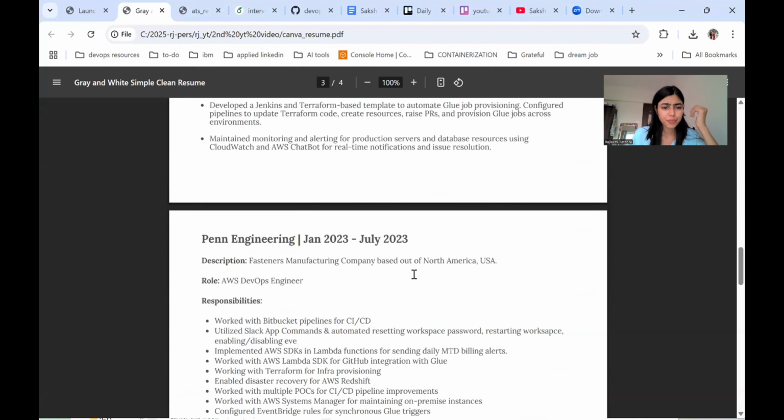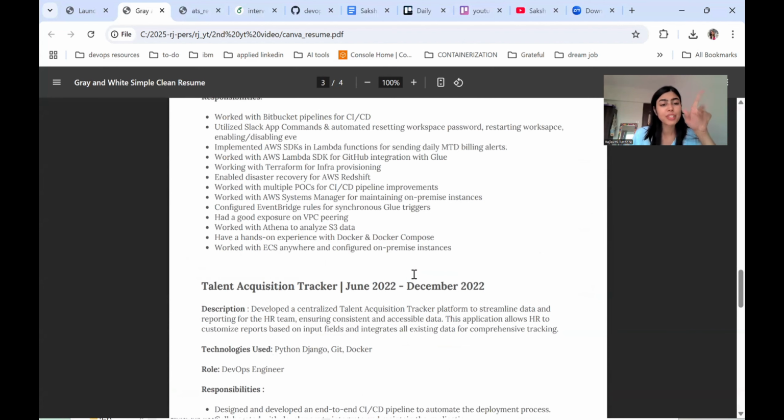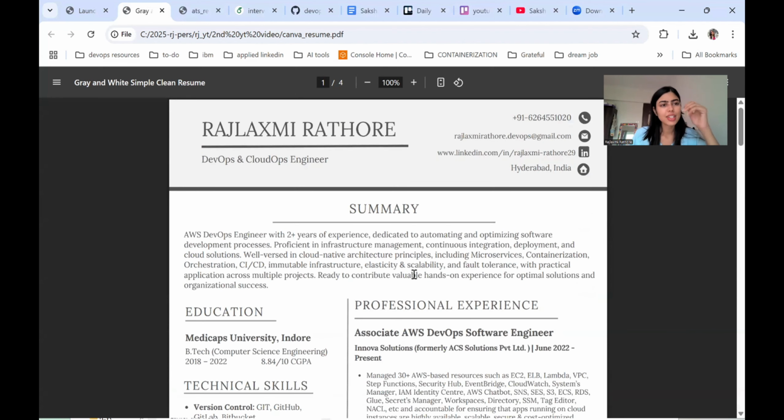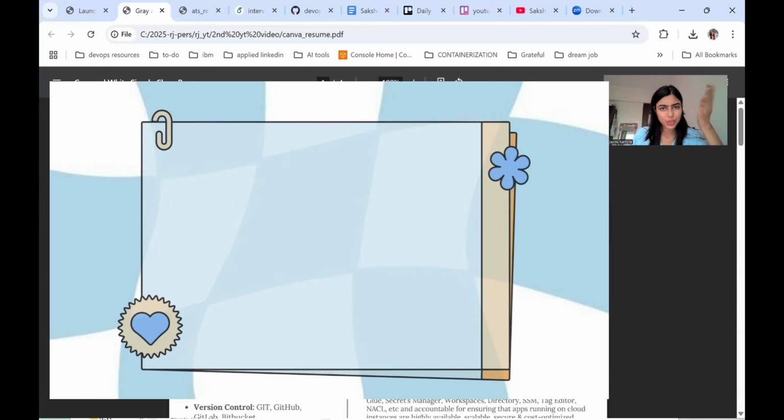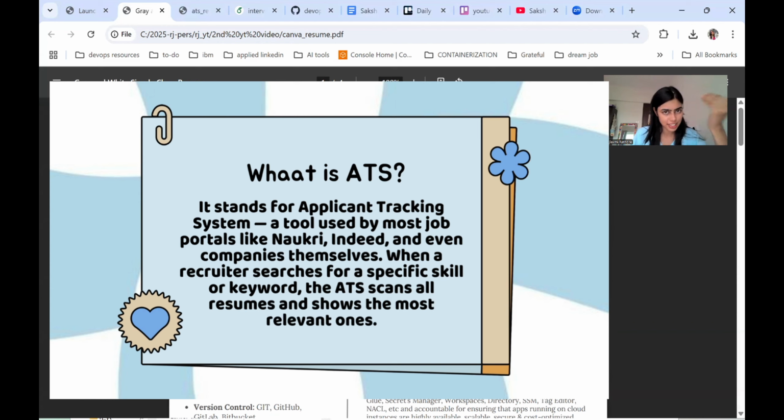For that, the first thing is this resume is not ATS friendly. So let's understand what is ATS. ATS stands for Applicant Tracking System. It's a tool which is used by most of the companies as well as most of the job portals like LinkedIn or Indeed, etc. Whenever a recruiter searches for a particular skill or keyword, ATS scans through all the resumes on that job portal and it only gets the ones which are ATS friendly.